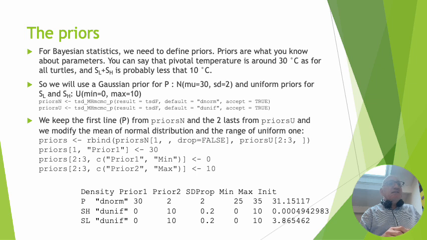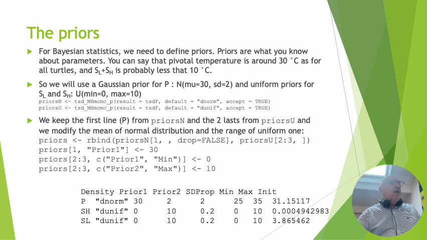And we will say that both SL and SH are from 0 to 10. Remember, this is degrees Celsius. So we will use these two functions to generate a first set of priors using normal distribution for P and uniform distribution for SL and